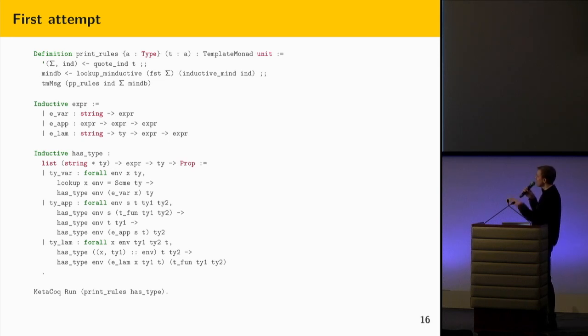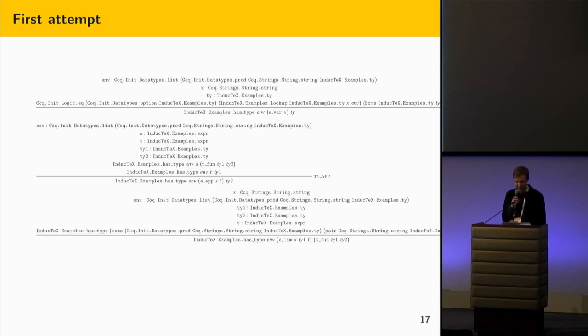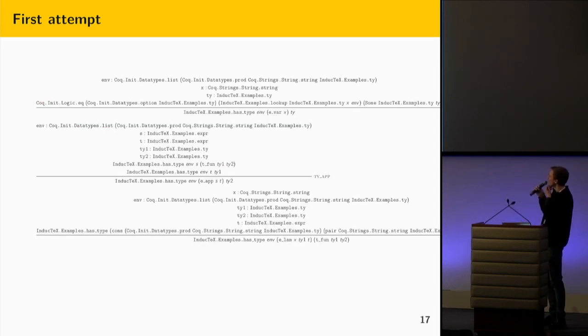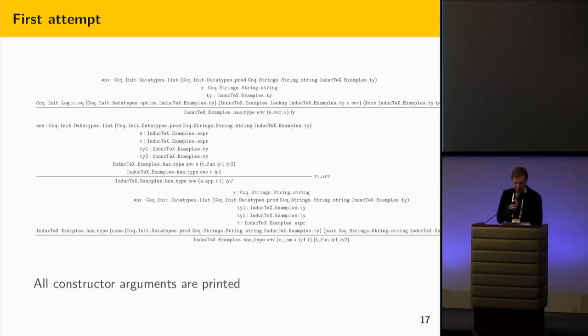Let's try it out. So here's my simply typed lambda calculus again. At the bottom, I run MetaCoq run print rules for this inductive. What do we get? Okay, it's not great. There are some horizontal bars here. So, okay, it's at least printing rules. The point is, for example, it's including all constructor arguments,